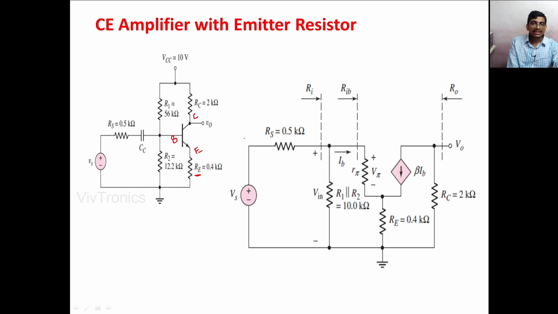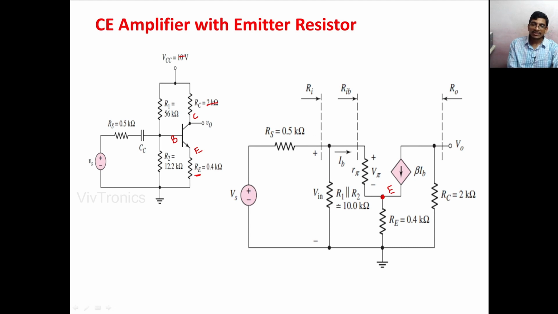In these circuits we need not represent the values of VCC or any resistance while doing the derivation. Only while doing the problems we have to mention all the resistance values. Because we are going to do a problem on this CE amplifier with emitter resistance, we have represented the values of the resistances and voltages here. In the small signal equivalent circuit there is only one change. Previously the emitter terminal is grounded, but now the emitter terminal is here, and the remaining circuit is the same.